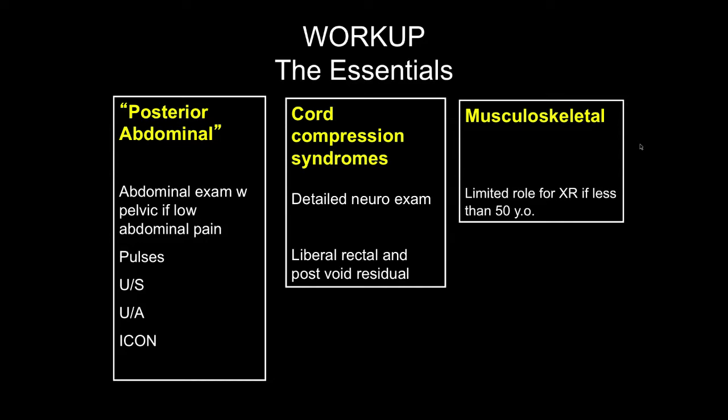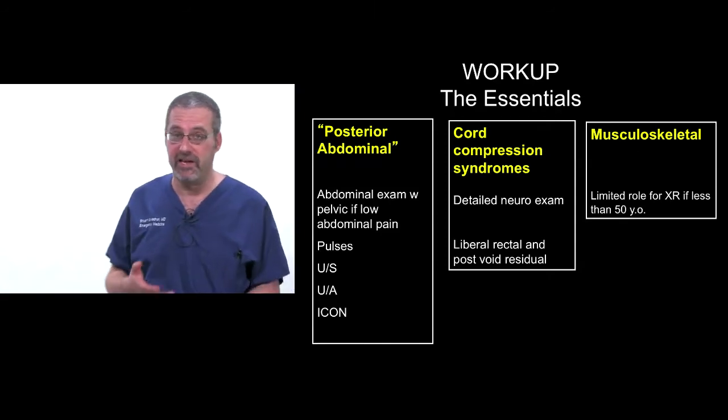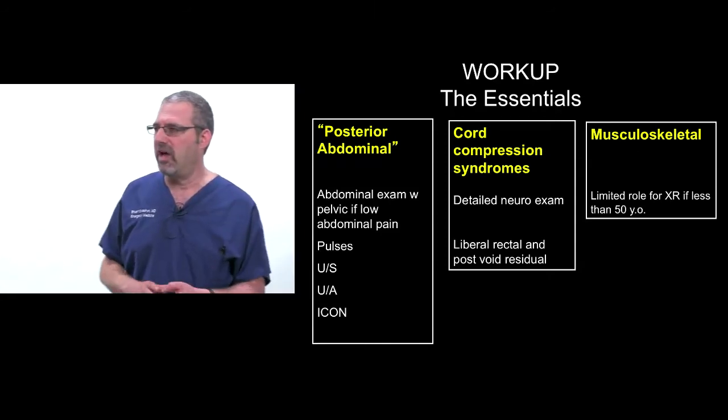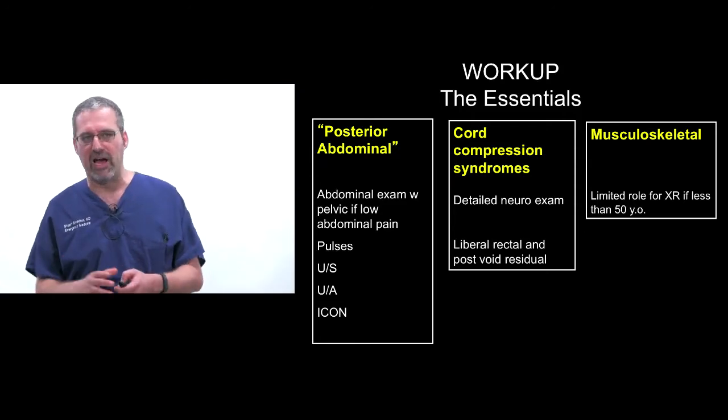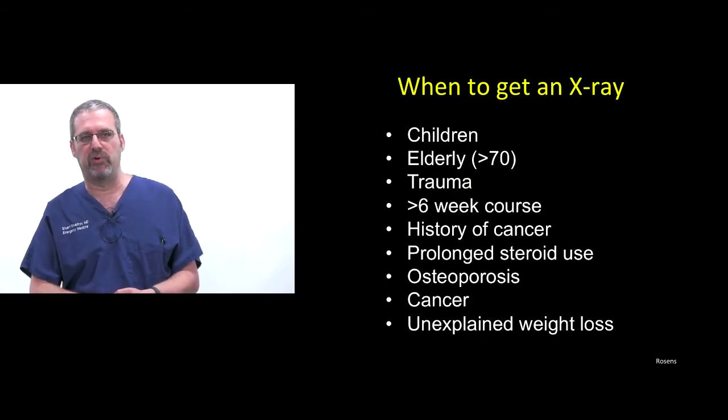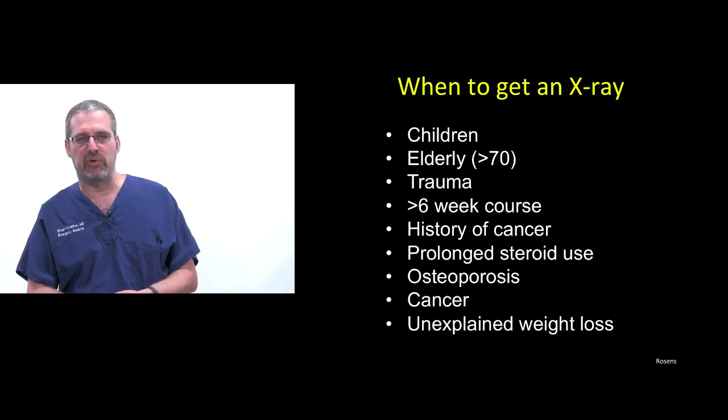One of the questions that does come up, though, is that if it's a new onset of back pain, again, in someone that's over 50 or a real young person, we often image them because they do have a higher incidence of these things, and often just a simple x-ray will pick them up. So what I've done here is I've just written a list of the important generally accepted indications for getting an x-ray. That elderly number of over 70 is a bit generous.